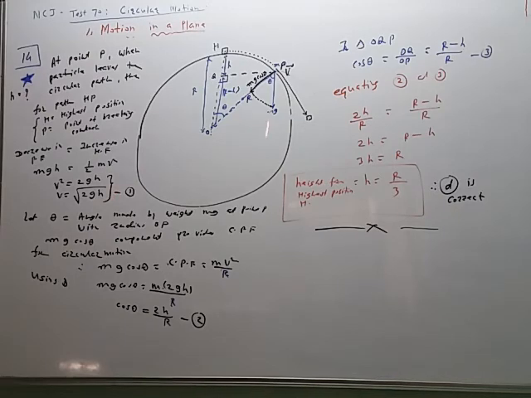Now, if mg makes an angle theta with the radius OP at the point of leaving, then the component mg cos theta will provide the centripetal force. So mg cos theta is equal to mv square upon r. Therefore cos theta has one value, 2 times h by r. Cos theta has another value from geometry. We are using this triangle OQP. This angle is 90 degrees. Therefore cos theta is equal to base upon hypotenuse. So equating these two values of cos theta, we get h is equal to r by 3.